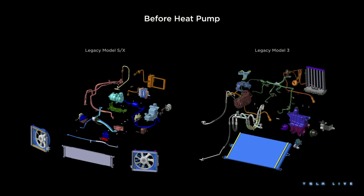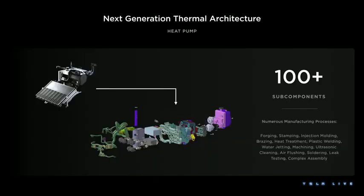On the mechanical side, our vehicles currently use heat pump-based technology for the thermal system. But before the heat pump, our vehicles used to have a dispersed thermal system connected by hoses. Engineering was inspired by circuit boards and created an extremely integrated system, where 60% of the system was the size of a basketball,